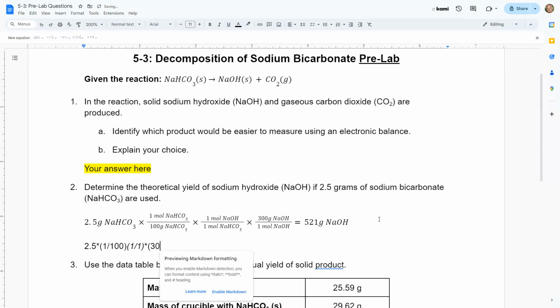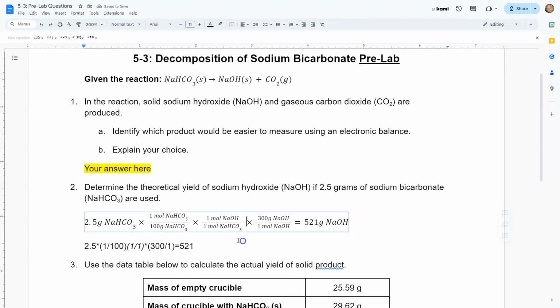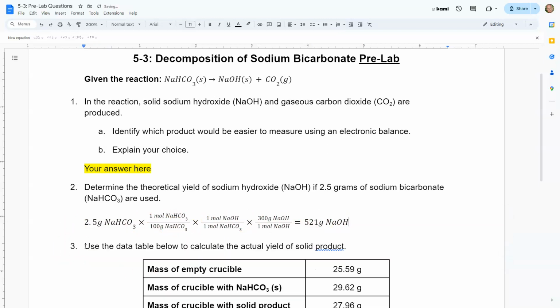So some people will get lazy and try to type it out like this. I don't want to see that. Okay, it needs to be done with the equation editor. Notice the difference. This is a lot cleaner and easier to understand. This looks like gobbledygook, and there aren't any units on there. Okay, it needs to be typed using the equation editor. In your lab report, you will be using the equation editor to type all of your equations, so get used